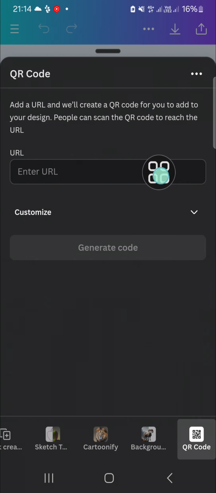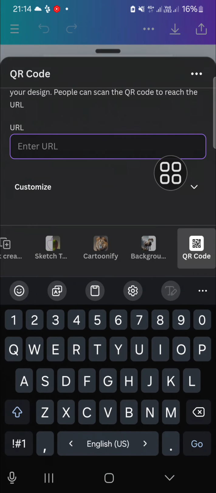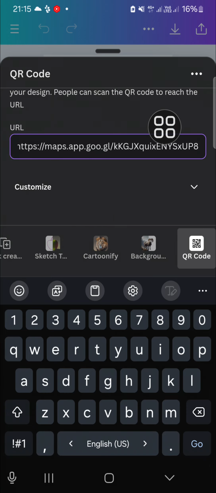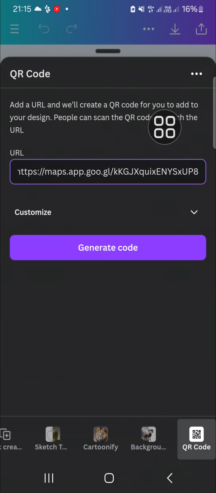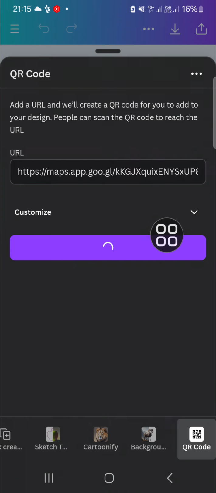And you just need to enter the link you want to generate the QR code from. I have just copied my link and I'm going to paste it. Okay, and you can click on generate code. And just hold on until the generating process is completed. And it's done, guys, and we can go back to our